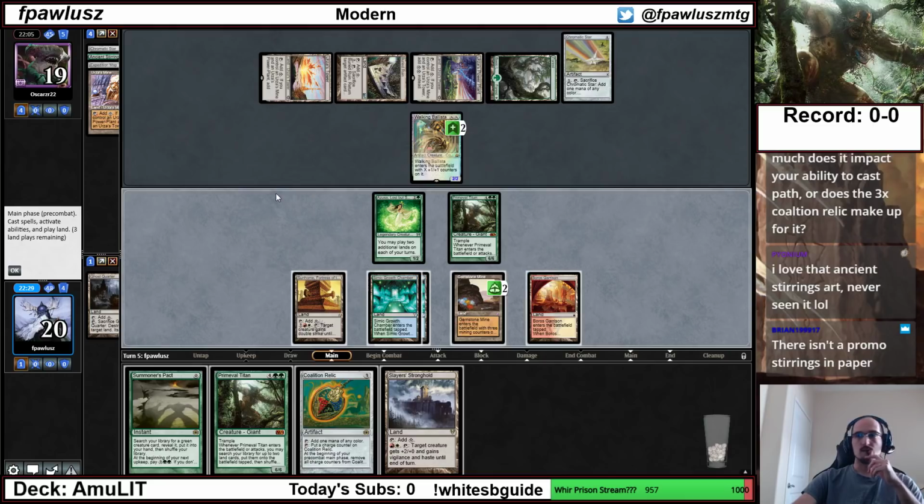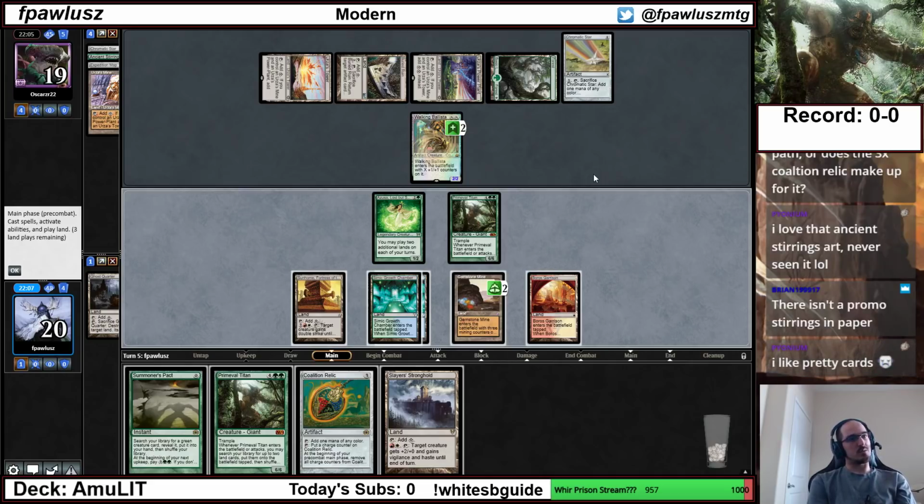or... oh, there isn't the promo Stirrings in paper. Okay, not that it matters, but I'm an original art kind of guy. So what is best here? I can attack and transmute for Pact of Negation, so I can counter whatever my opponent plays next turn. Or I can play a second Primeval Titan. The thing, though, is I can attack...